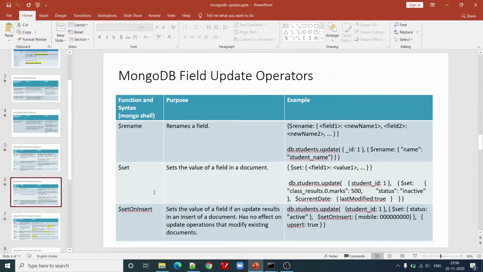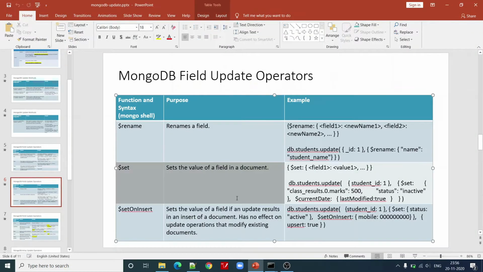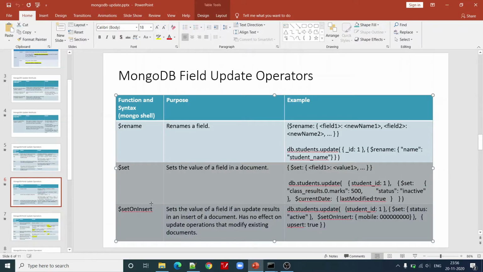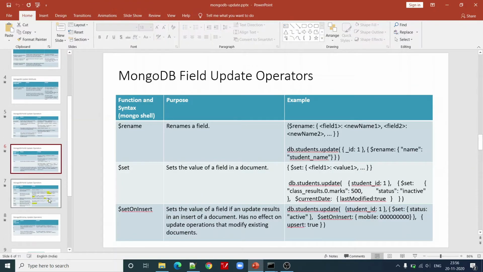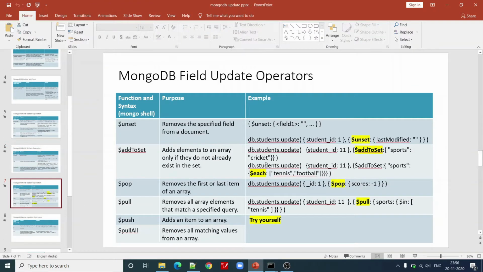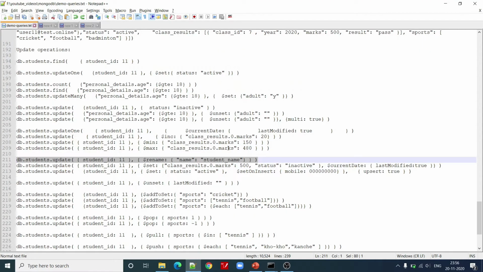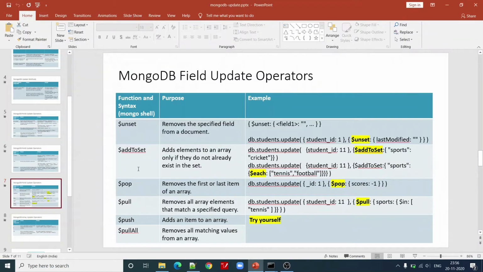This also I will let you practice on your own to keep the duration of this video short. Let us move to other fields. Unset also we have seen during the update operation, so I will not do that part also. So I think now you understand how we can make use of different update functions and operators.